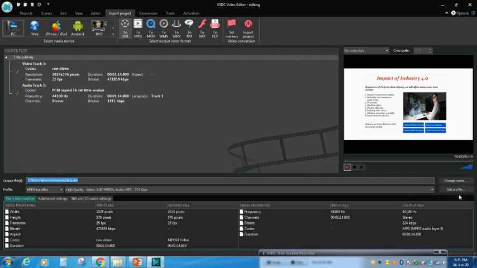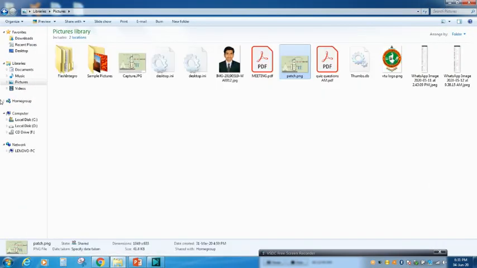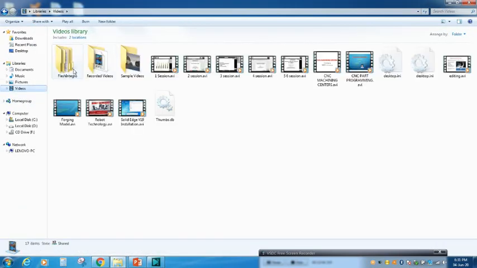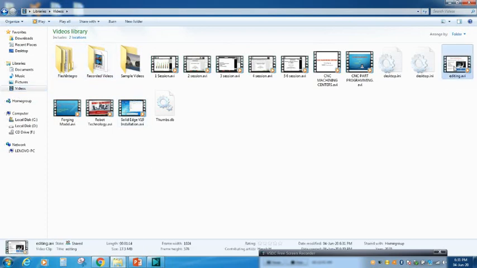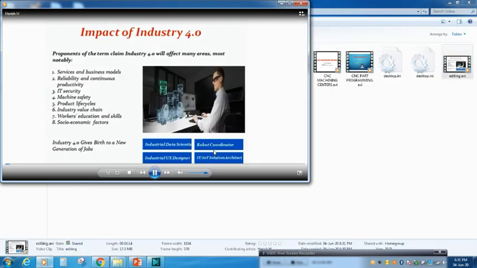You can check. You can go to the particular file path, then you will get this. I'm just minimizing the videos, and here is the file. I'm just playing it.